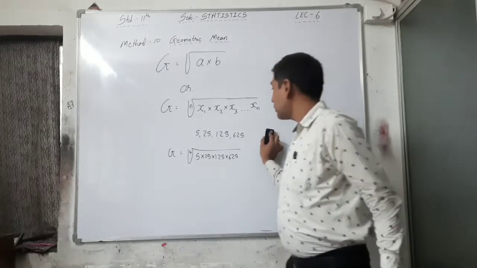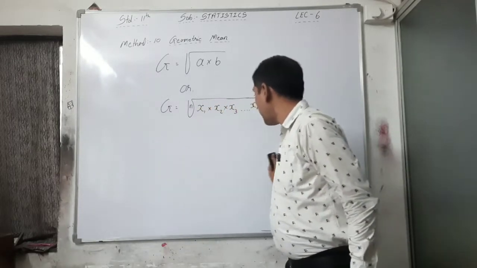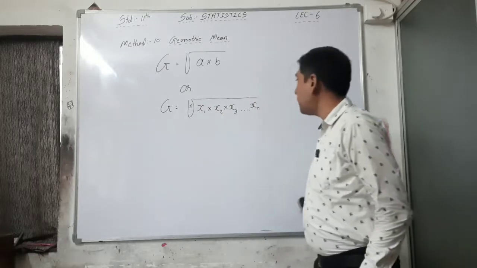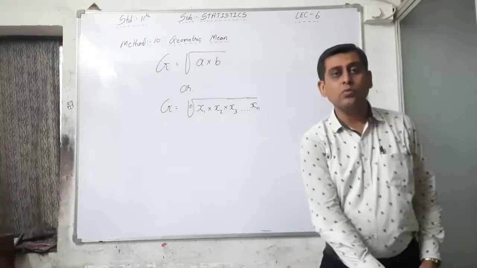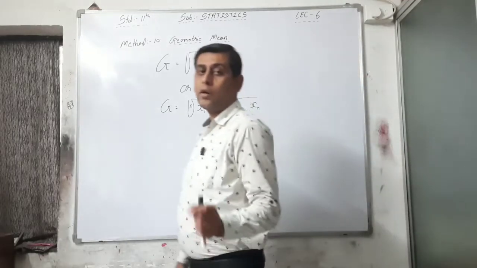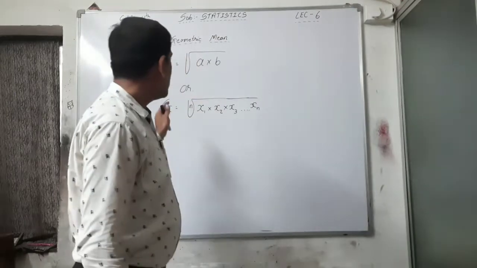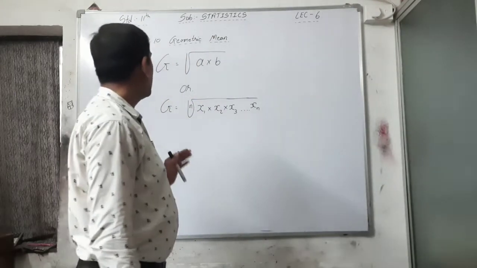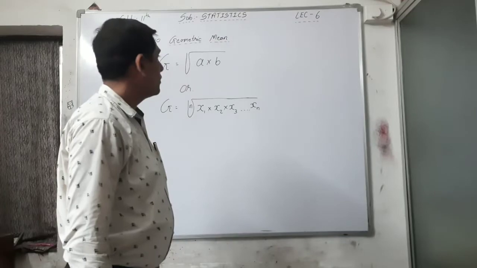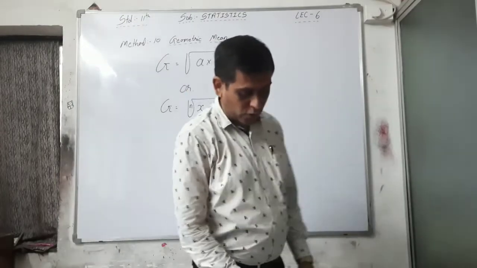Okay, so erase the example. We are taking the original example. First of all, write down this formula into your example book. This is our method number 10 and this is the formula for that. So first of all, write this down.